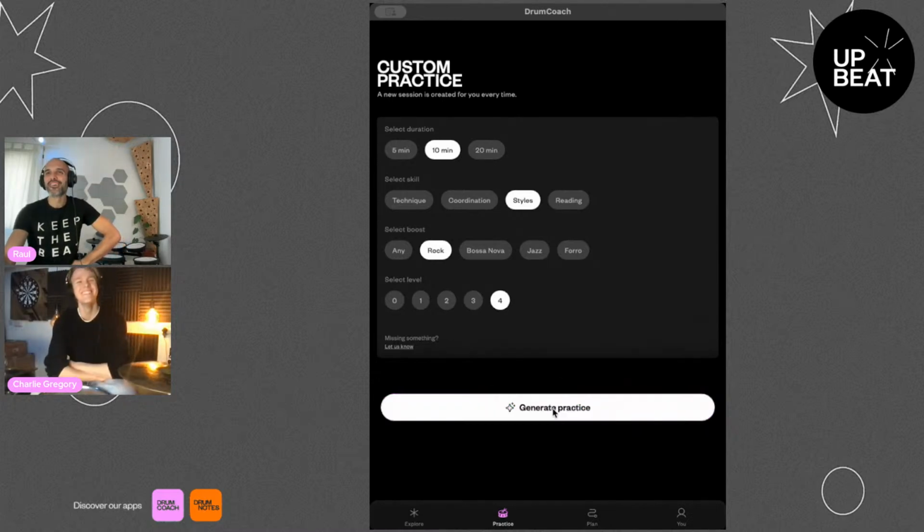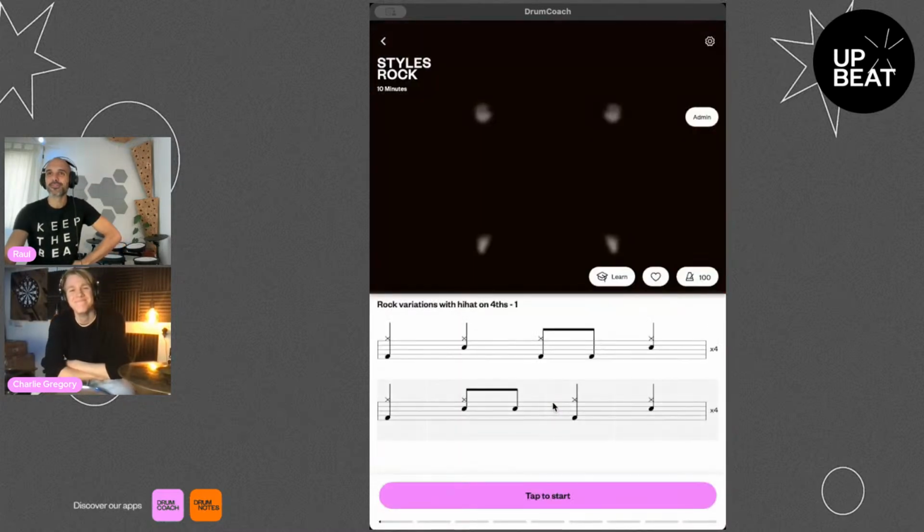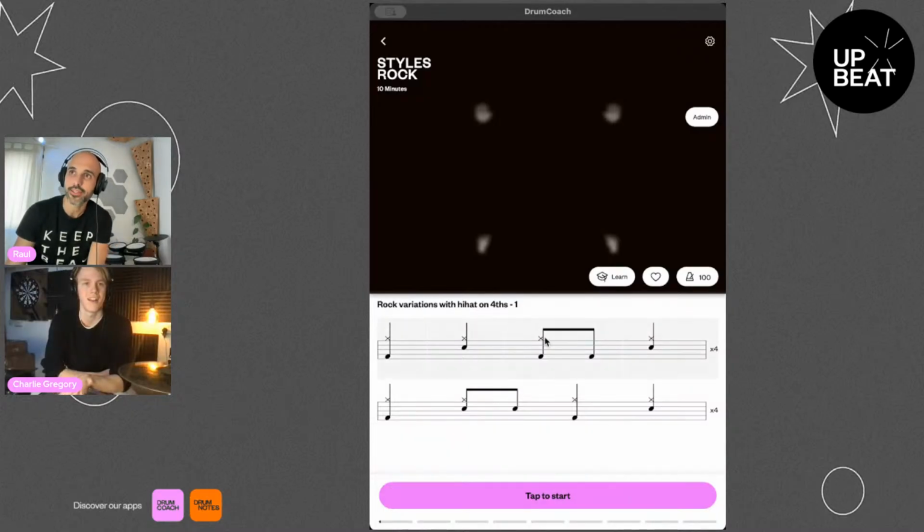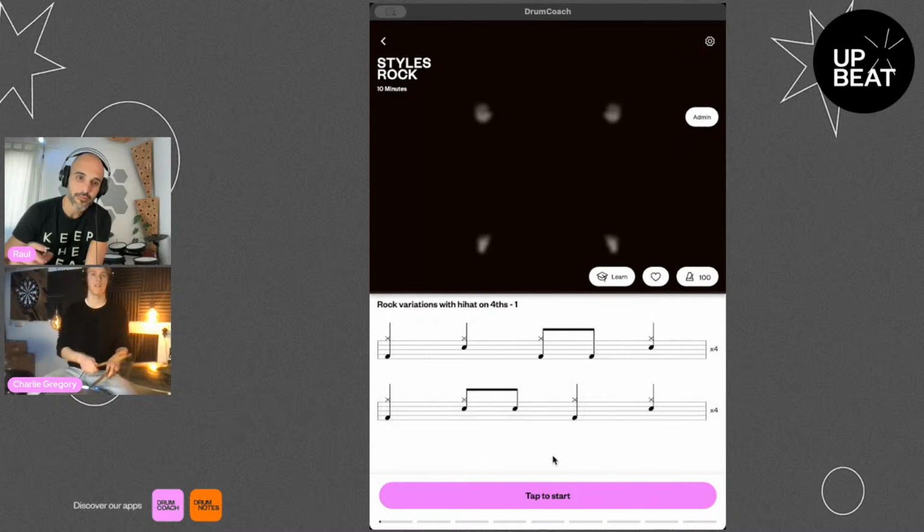If we go to rock, let's see what Drumcoach brings me. You're not gonna hear the sounds because the sound's not sharing, but we can keep the image here and play it. Can you play this, four beats of the first one and four beats of the second one, on the drums? Can you try playing this just straight without any ghosts? Yeah, man.